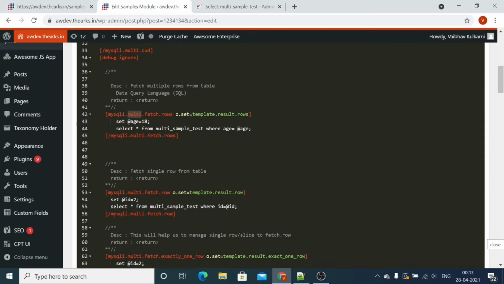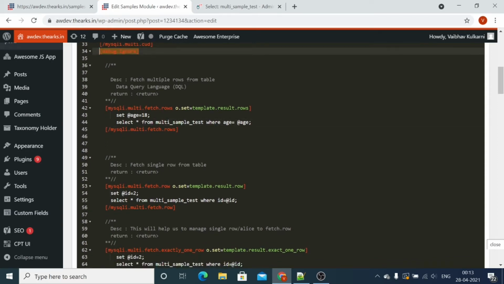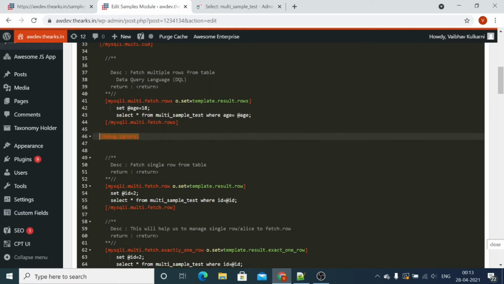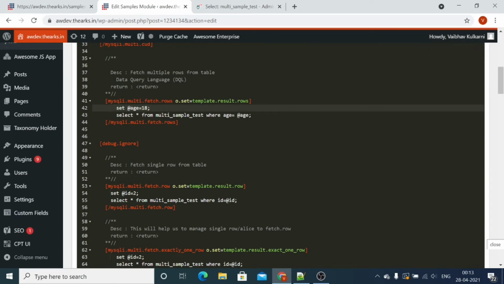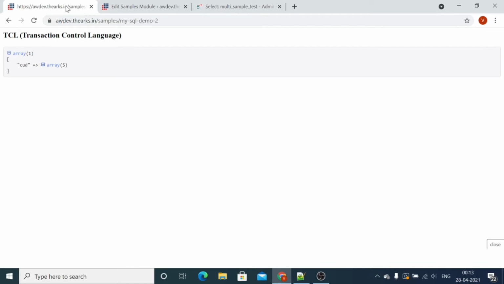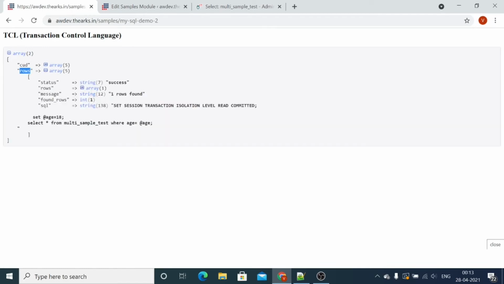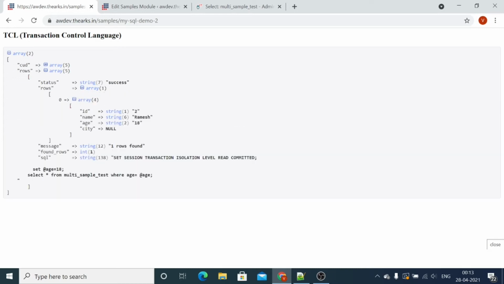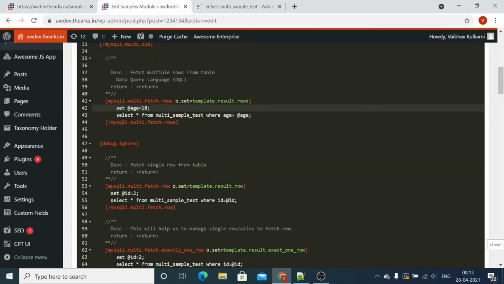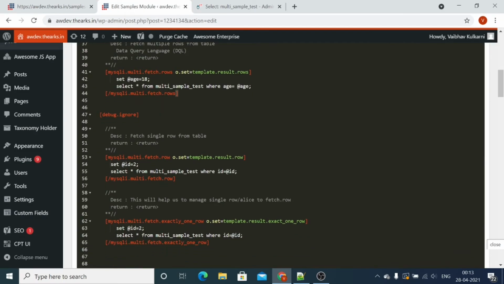So let's check this one. We'll check all the examples one by one. We are executing two queries whose age is 18. Now let's check this one as well. Now you can see we got the result in rows and the age is 18, so we got this result.